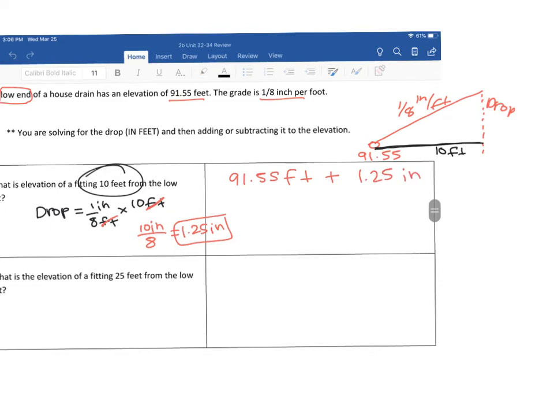You're going to have them both in the same units. So I am going to convert this to feet. So if you have inches and you want to convert to feet,